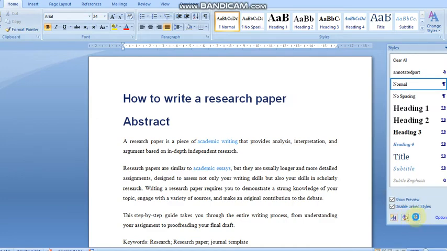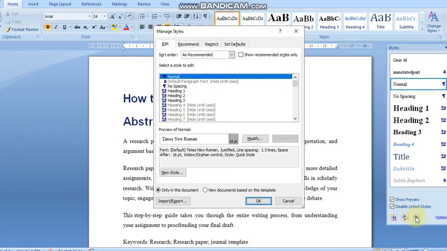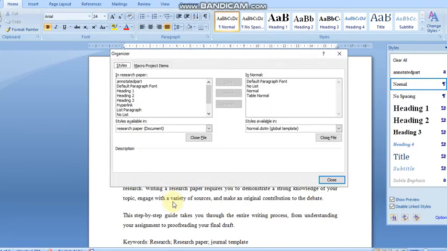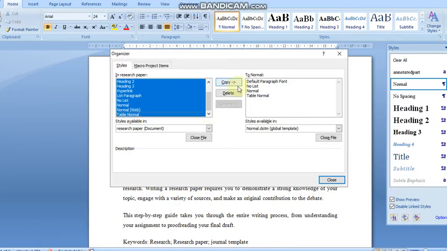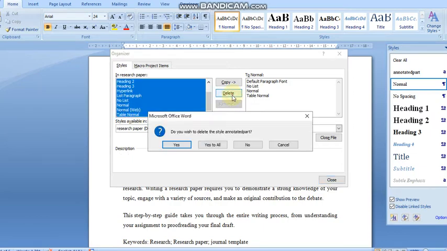Just click this manage styles option. Once you click it, a window will open like this. In that you have to click import export, and this is the template which the paper already has. If you need this template, keep it as such, or else delete. We can delete by selecting all and pressing the delete button.